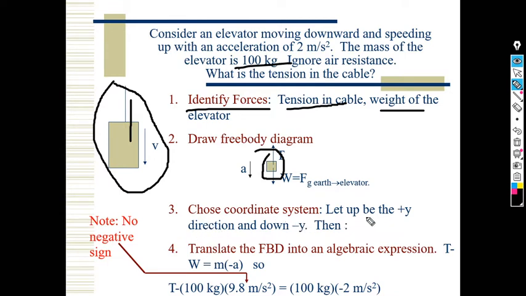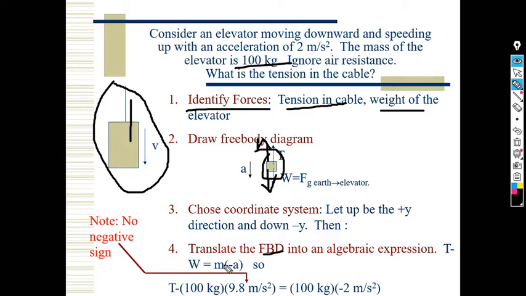Choose the coordinate system. Let us see plus y direction and minus y direction. It is shown here. It is plus y direction, and before that, downward to the elevator, it is minus y direction. Now translate the free body diagram into an algebraic expression like T minus W is equal to mass times